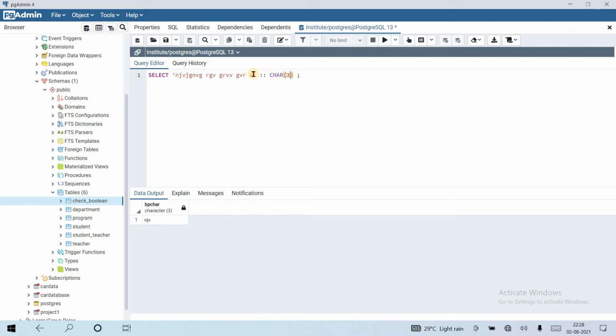What if I use 40 here? Yes, let's see. You can see that if I click here, copy this text and paste this value here, the 40 bytes are allocated, and where the string is not present, white space or blanks are padded by default by this character data type. The char and character are the same.